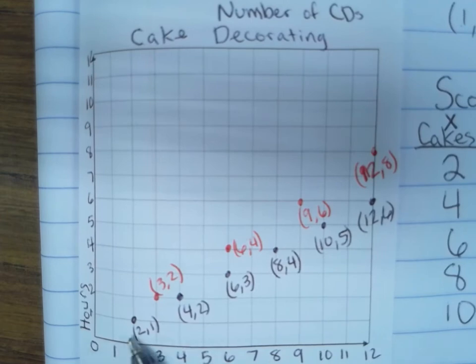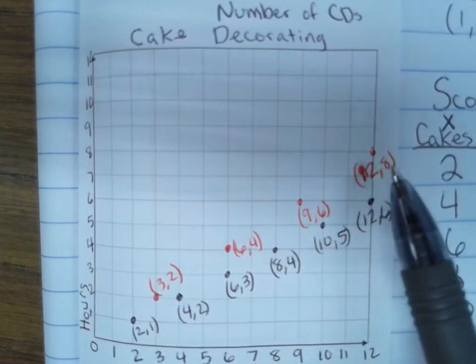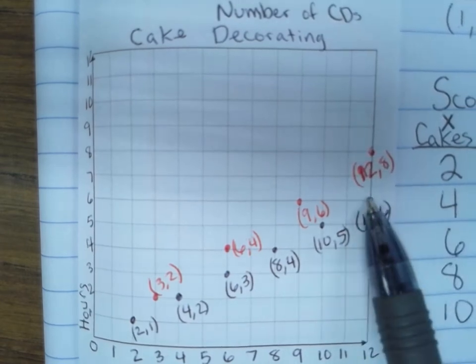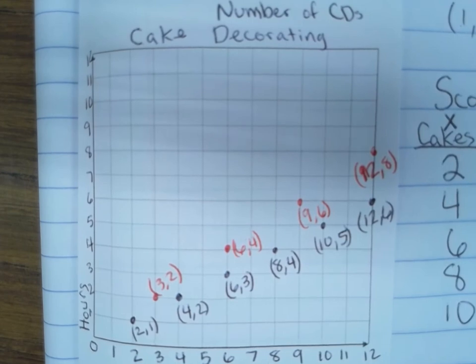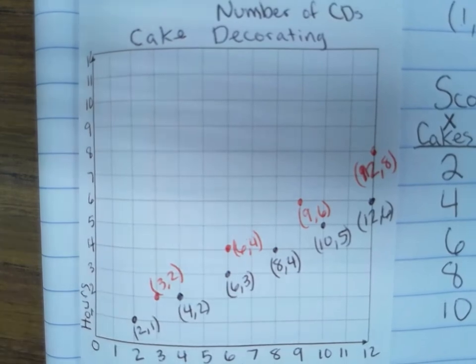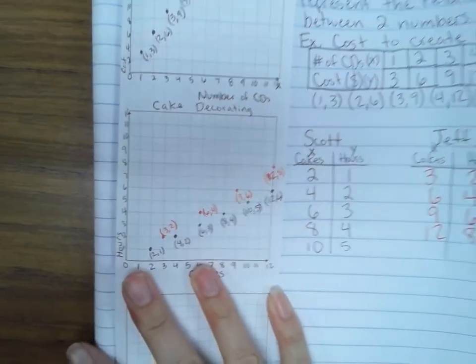Well, it would be Scott, because he is making more cakes faster than this guy. This guy takes 8 hours to make 12 cakes, whereas this guy could do 12 cakes in 6 hours. So this is where you would use a graph to help you see that. Okay, I know there's a third graph on there, but for time and space, we're just going to stop there. So your paper should look like